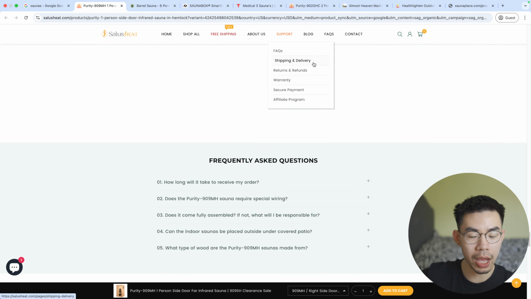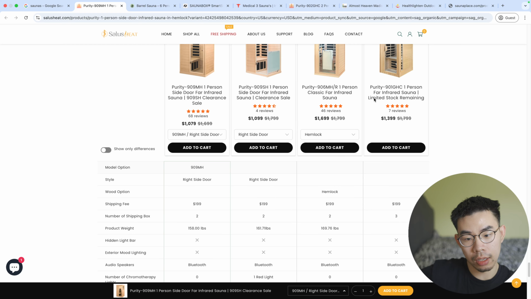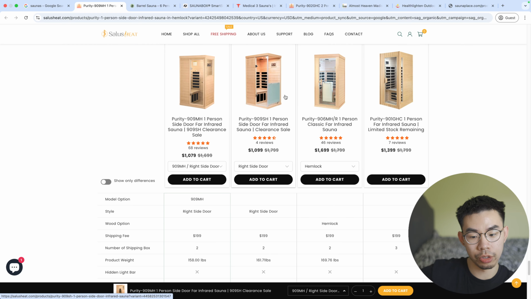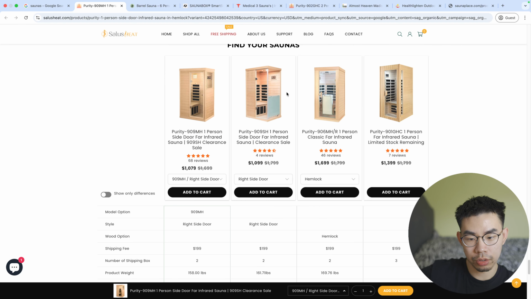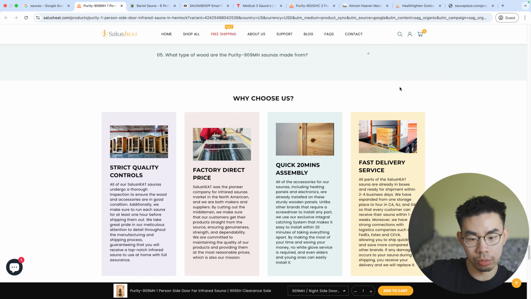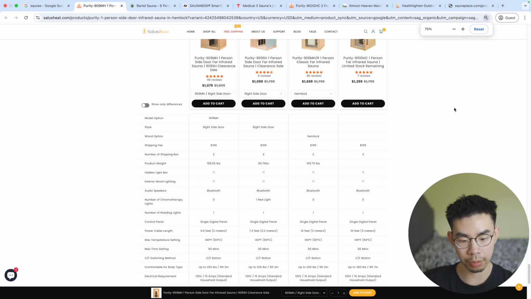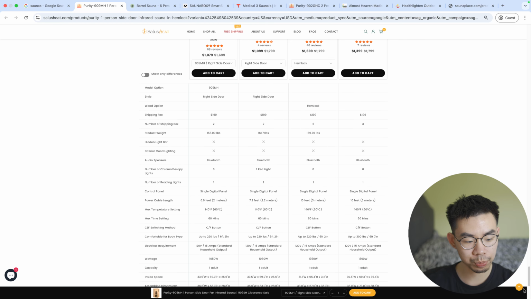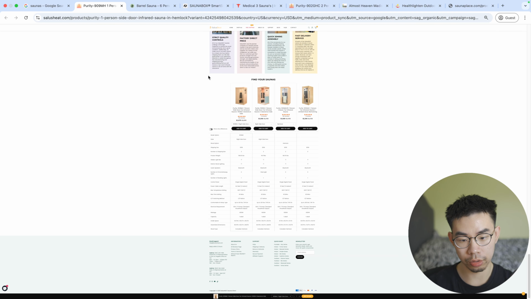For example, on every single website, there might be some components that you like from their site that you would want to implement on your site. For example, if I'm selling saunas and I want to do something like this, where it's like "find your sauna," it's a comparison chart, right? This might be an app, but all you really have to do is just zoom out and screenshot this. And then all you're going to do is pull up ChatGPT